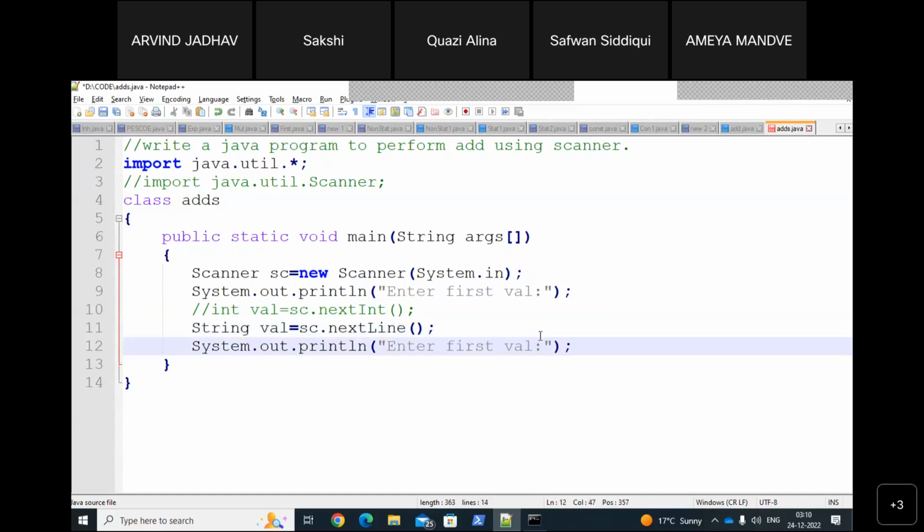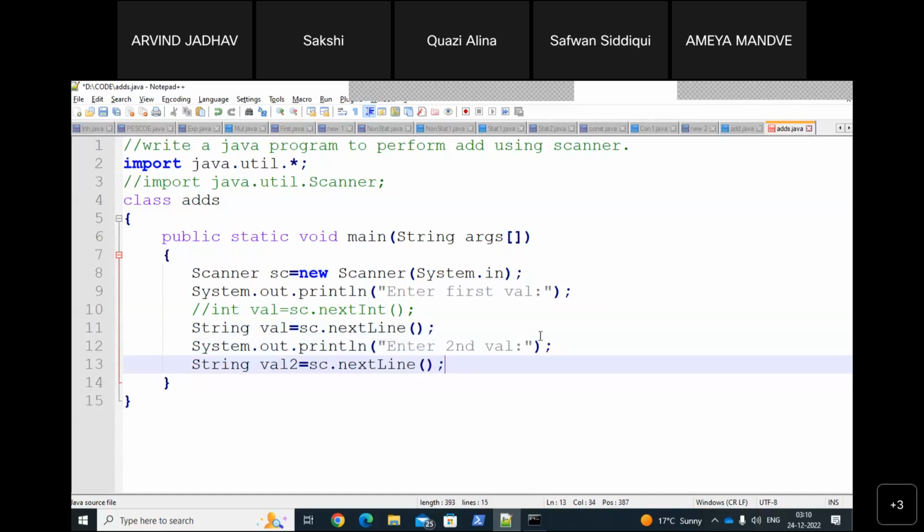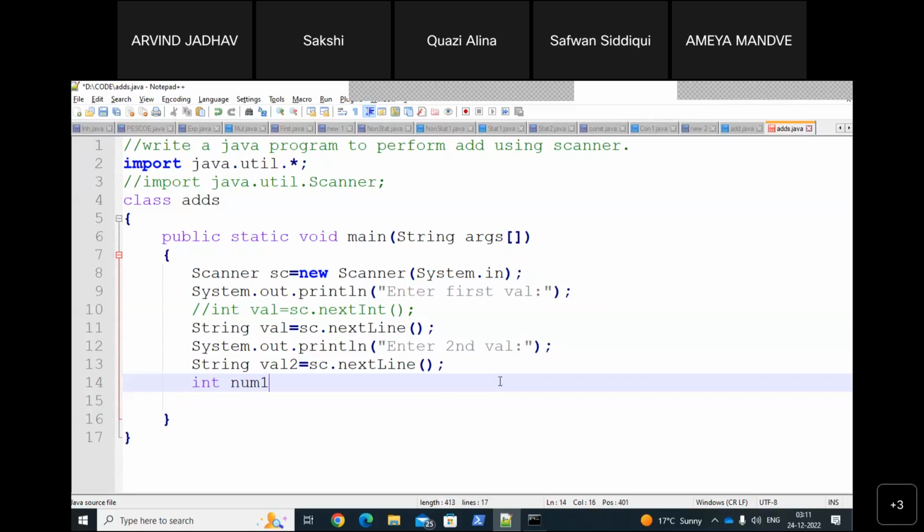Now what you have done is stored the value in a String. Now we need to convert it into an integer. If you don't want to do that, do one thing: instead of this String, use this method, int val is equal to sc dot nextInt. Then you don't need to convert it. So the concept of type casting will become clear again. This method is called type casting. In that, here I am using Integer dot parse